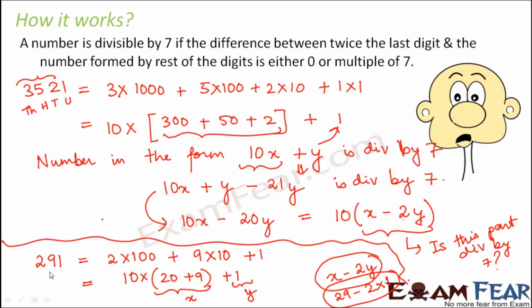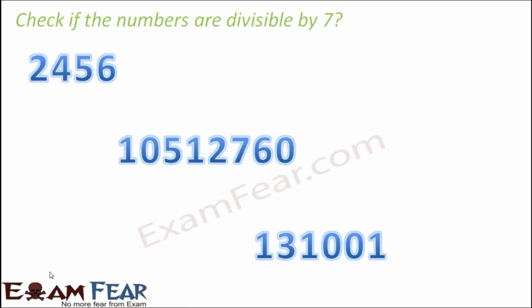Now at your level, you might not have studied about divisibility by 7 in your textbooks. That's because it is slightly more difficult as compared to other numbers. But still I have included it, otherwise you would have been curious why divisibility by 7 is missing. So that is why I have included it. Please pay more attention to it, then you will be able to understand this. So let us quickly look at these numbers and check if they are divisible by 7.